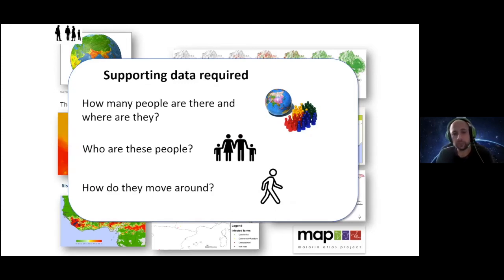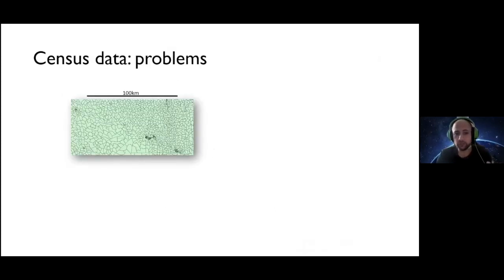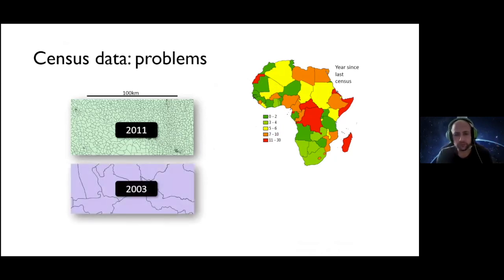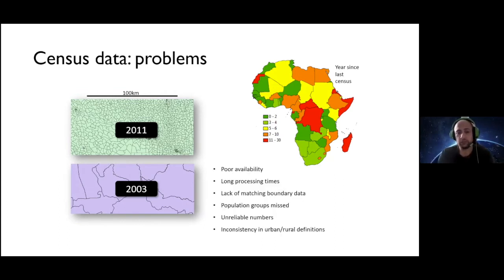So we need to know how many people there are, where they are, who these people are, how they move around, and traditional censuses, as I explained before, are either very outdated, or they're at very coarse resolutions, or there is a mismatch between one date and the other, completely different administrative units, so you can't really even merge them. It is very challenging to work with outdated census data, even if you have some. So then again, AI and Earth observation come into play and help a lot on this.